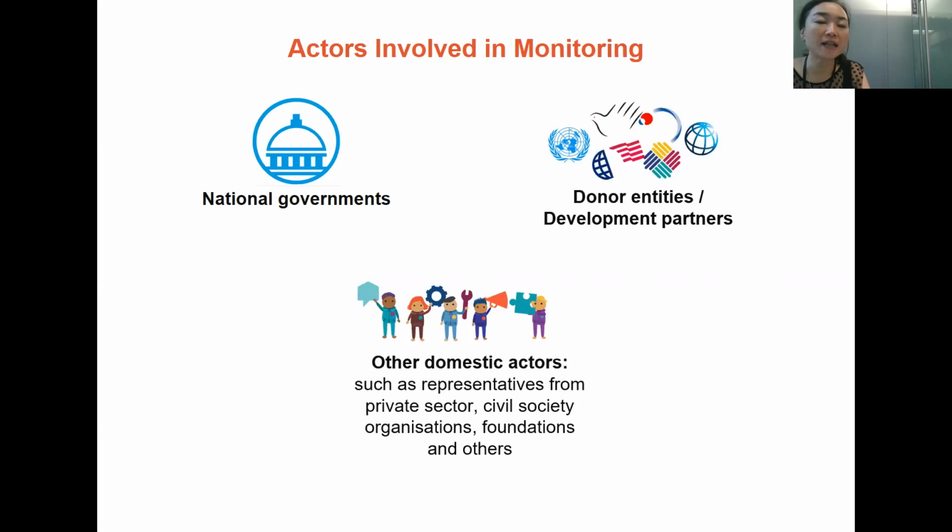So the guide that we have produced has also put specific suggested roles for different partners at the country level in monitoring. But I just want to highlight that the national coordinator plays a major role in leading and facilitating the monitoring.